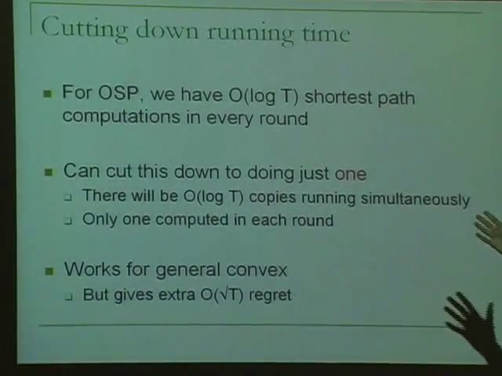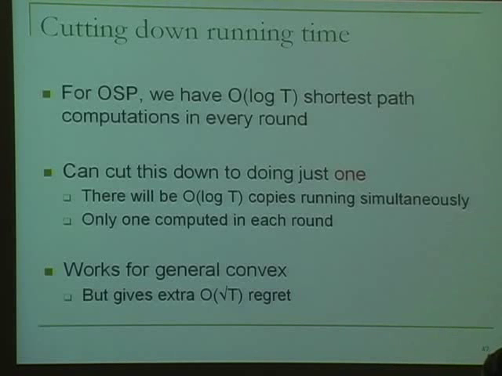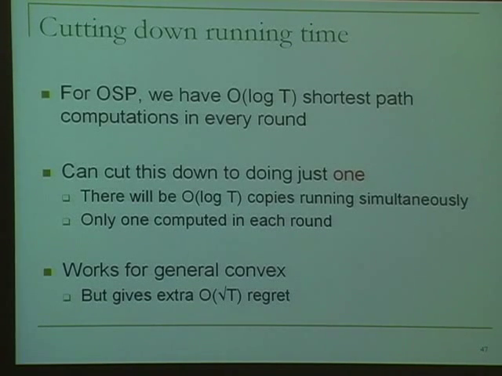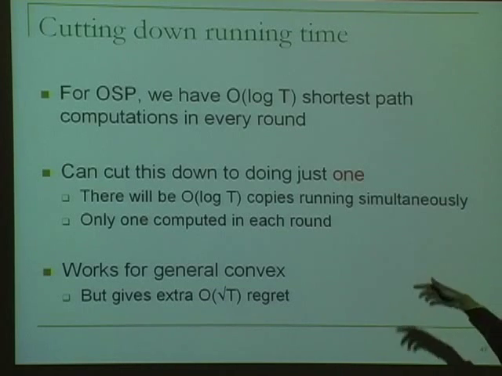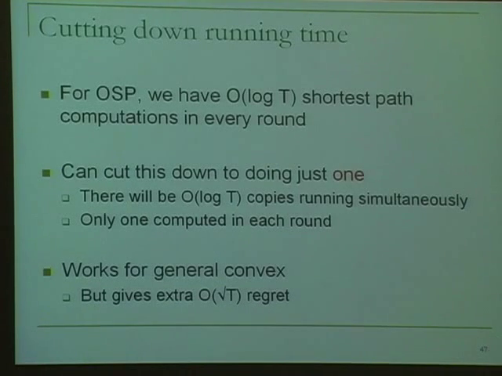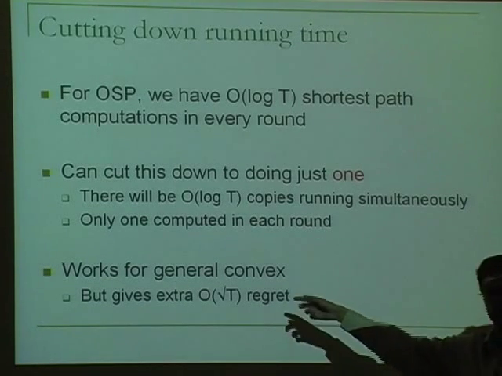So for online shortest paths, you're basically computing log t shortest path computations in each round. And the interesting thing is you can cut this down to just a single shortest path computation. So there are actually going to be O of log t copies of the algorithm, but we're not going to use all of them in each round. And this works for general convex functions. This ends up giving an extra additive regret of root t. And that's why it's not good for portfolio management or for square loss, because this is too much for those